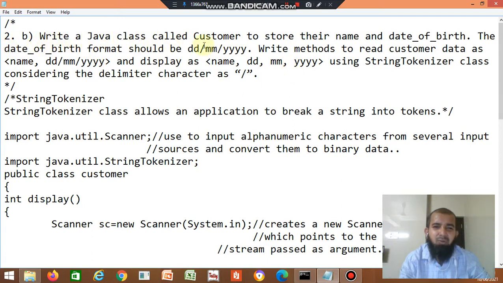Write a Java class called Customer to store their name and date of birth. The date of birth format should be dd/mm/yyyy. Write methods to read customer data as name, comma, dd/mm/yyyy and display as name, comma, dd, comma, mm, comma, yyyy using the StringTokenizer class, considering the delimiter character as